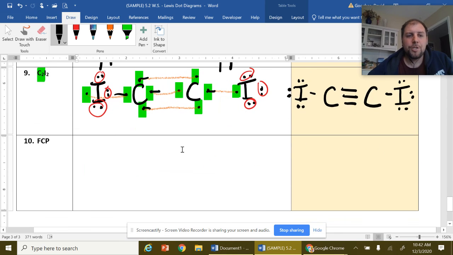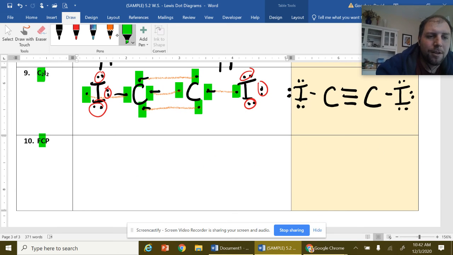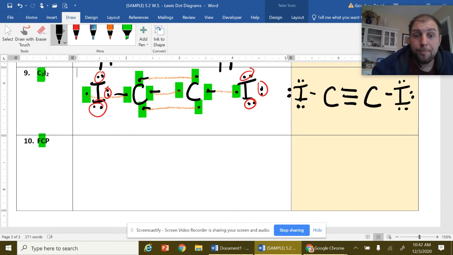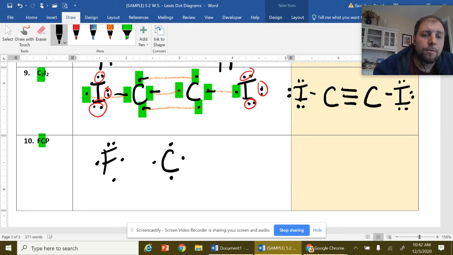All right, so here we go. We are going to do this. Now, once again, there's a carbon. So carbon's going to go in the middle. Here we go. All right, 1, 2, 3, 4. Always put carbons in the middle. They always form the most bonds. Okay. Then we got fluorine, which we've done before, has 7 valence electrons. 1, 2, 3, 4, 5, 6, 7. Okay. And then we've got a phosphorus, which we also did on this sheet, which has 1, 2, 3, 4,